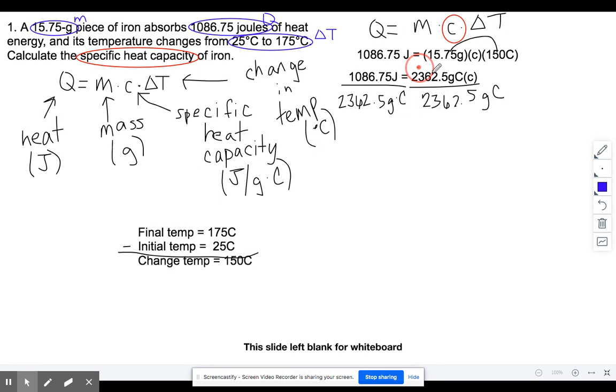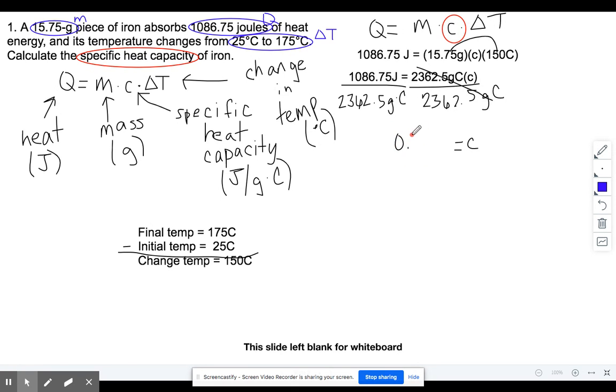And I want to cross this out. Okay, so I'm just left with my c by itself because we always want to isolate. Okay, and then I'll divide it. So 1,860.75 divided by 2,362.5. Okay, gives me